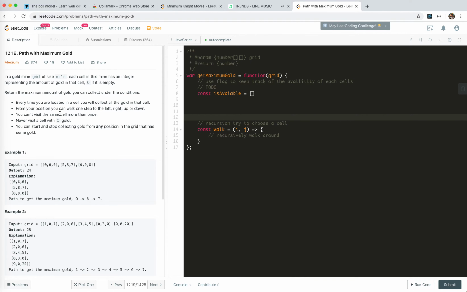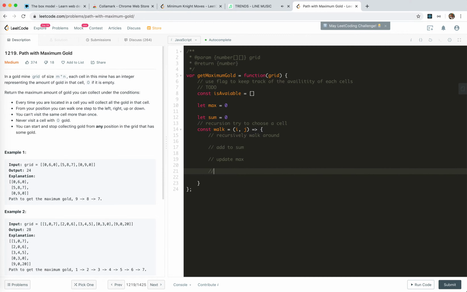Because we're going to check the maximum, right? So there is a variable called max, and we need to sum up current paths, so there is another variable called sum. Add to sum and update max,